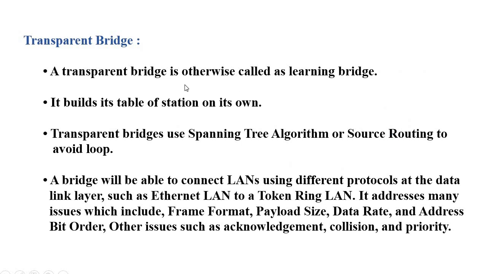Transparent bridge. A transparent bridge is otherwise called a learning bridge. It builds its table of stations on its own. Transparent bridges use spanning tree algorithm or source routing to avoid loops. A bridge will be able to connect LANs using different protocols at the data link layer, such as an Ethernet LAN